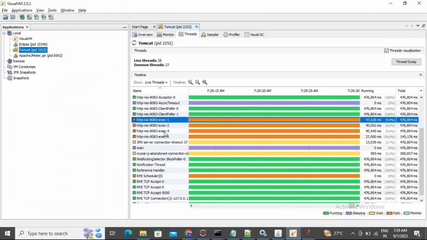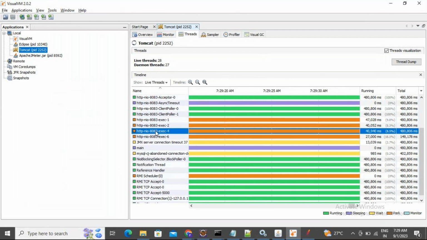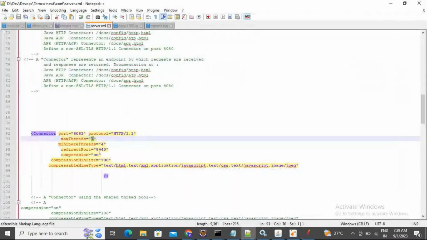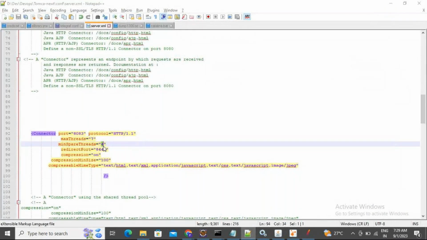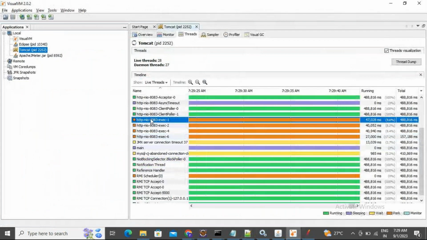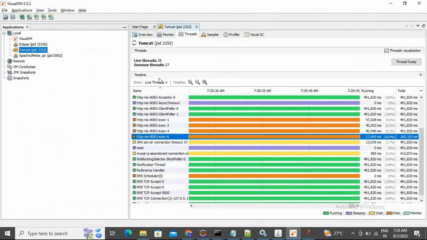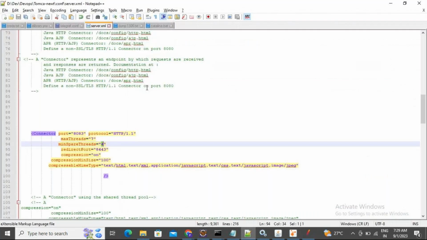And now the other is also gone. You have only 4: 1, 2, 4, 6. So what you are given is only 4. Minimum is 4, so 1, 2, 3, 4. Only 4 threads are there. That's how, even in real time, when you give 100 or 150 or 200, whatever you give,